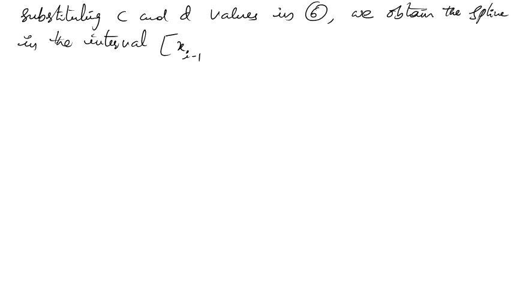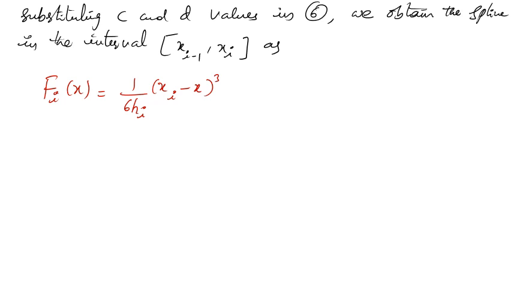We have considered xi minus 1 to xi as fi of x equal to 1 by 6 hi (xi minus x whole cube mi minus 1 plus 1 by 6 hi (x minus xi minus 1 whole cube mi